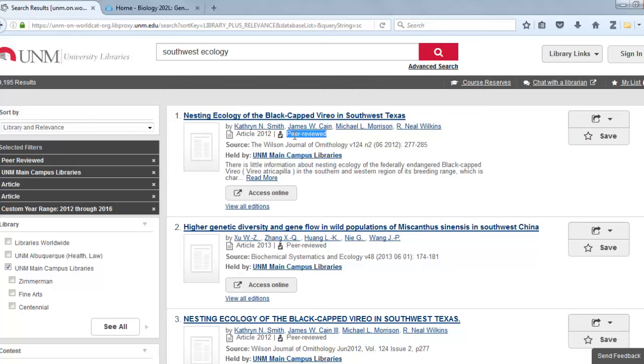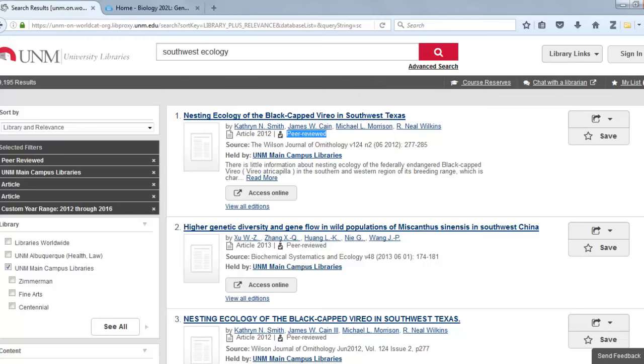A lot of times they're news pieces, commentaries, book reviews. But what we often mean when we say peer-reviewed articles or scholarly articles is actually a specific type of article called an original research article. What that means is that basically the article is documenting an experiment or documenting the full scope of the research